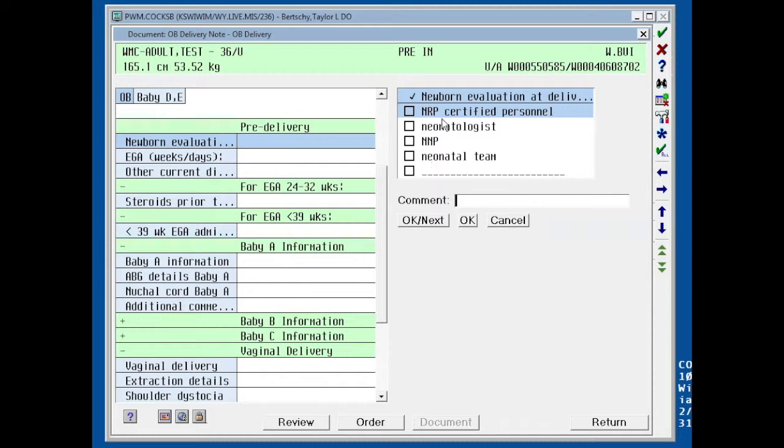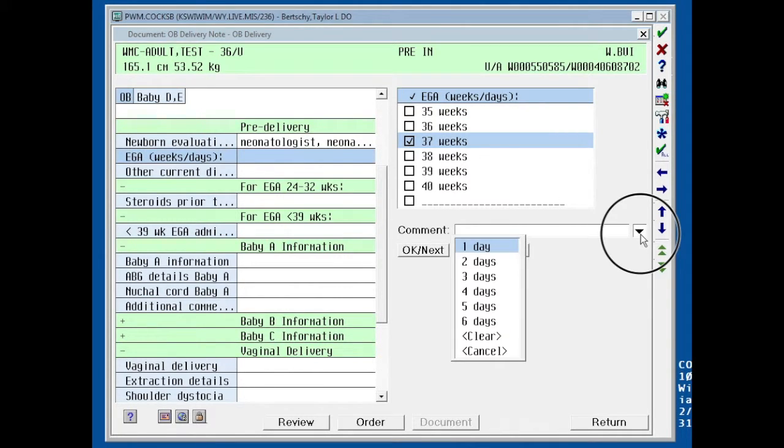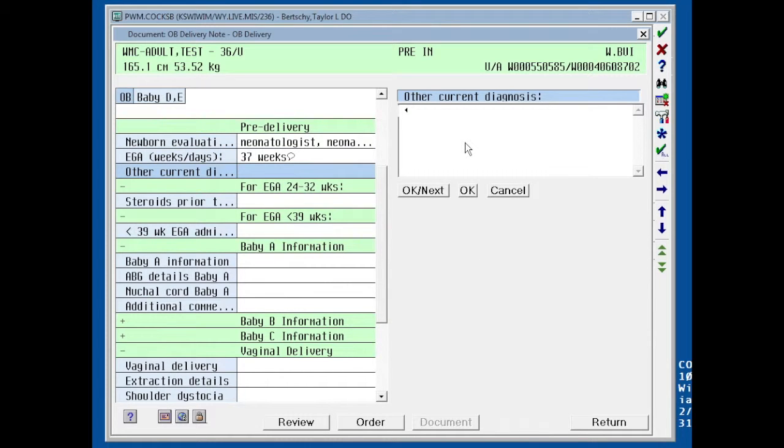So at delivery, say we ask the neonatologist and neonatal team to join. Again, you can pick any of these that apply. So estimated gestational age, she was 37 weeks. If you'd like to get more detailed, you can come over to this down arrow and click. So say we can say she was 37 weeks and 1 day. Other current diagnoses, I generally free type this, so we can do gestational diabetes